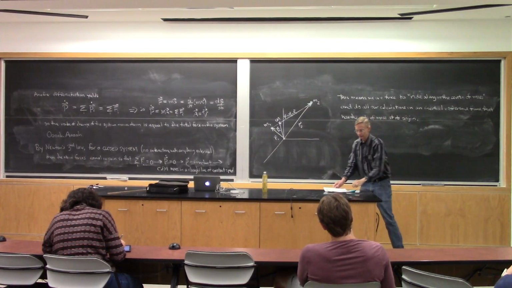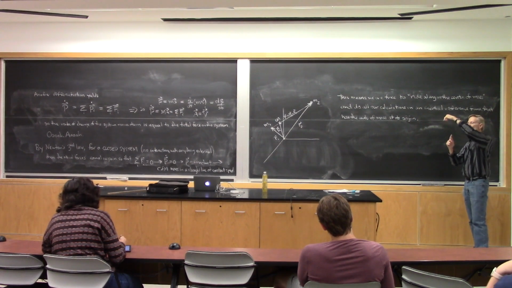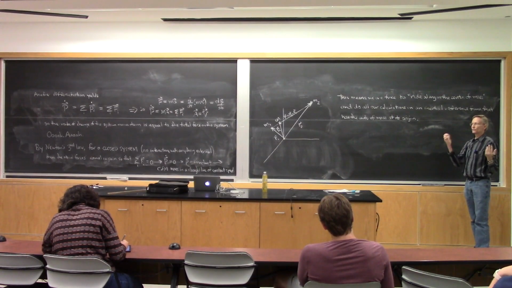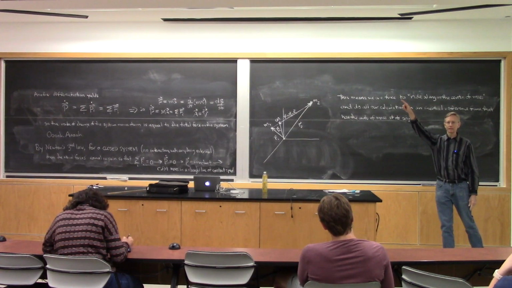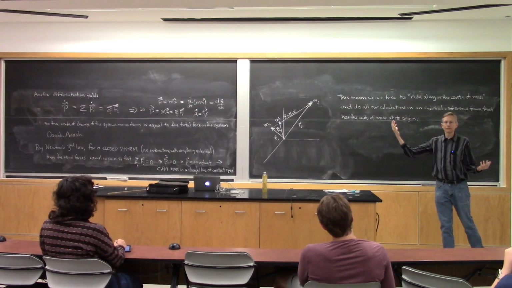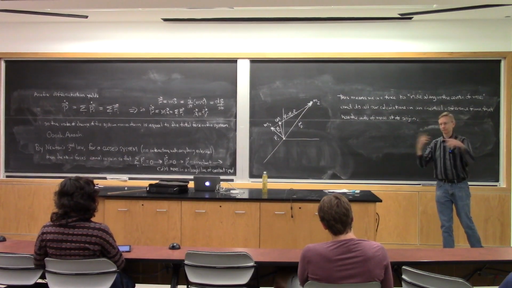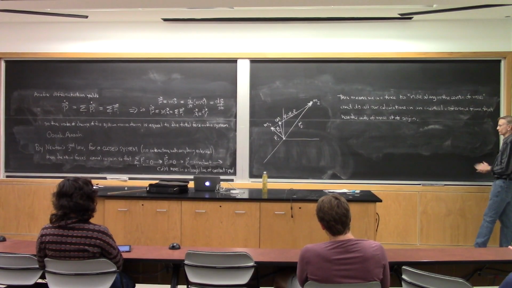And so then our two objects will both orbit around the center of mass, and in general, in some arbitrary inertial frame, they'll be doing that at the same time the center of mass is moving along in a straight line at constant speed. But we can jump into a frame where the center of mass is stationary, and then everything's just moving around that fixed stationary origin. That's a choice we can make.